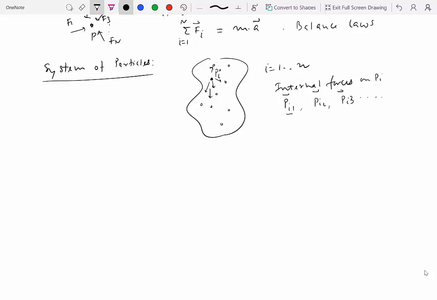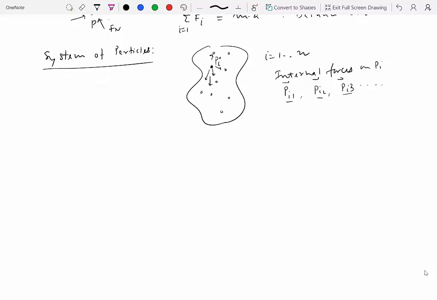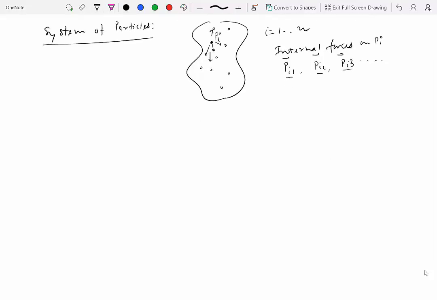So Pi1 is the force on Pi from P1, Pi2 is the force on Pi from P2, and Pi3 is the force on Pi from P3, and so on, right? And of course, i should not be equal to 1, 2, or 3 in this case, right? So you will leave one of the particles out too. Otherwise, you'll be counting internal forces on a particle by itself, which could happen, but let's say that's not the case over here. Okay, and then you can also have external forces